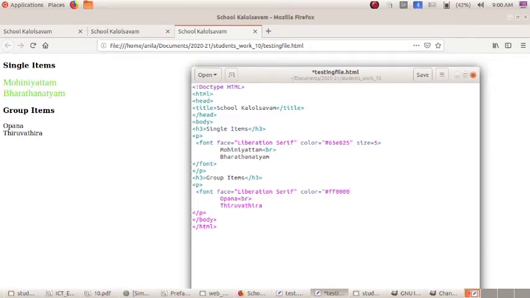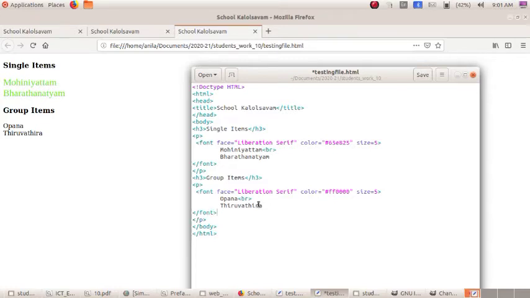Which color is this? Red color. Okay. Then size equal to 5. Then close this. Then one more thing is that here you want to close that font.